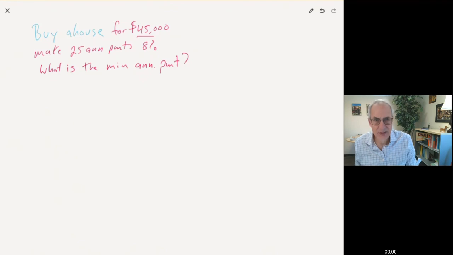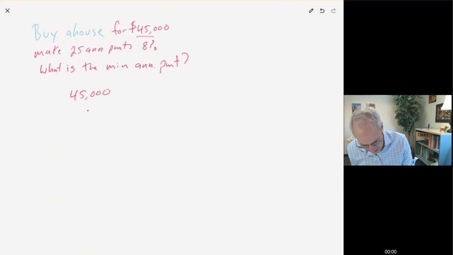All right, and the answer is, well, before I give it to you, let me ask you another way. What is the interest cost on the house? So if you just paid the interest, because remember, there's two parts whenever you do a loan. There's the principal and the interest. Principal is what you borrowed. Interest is what the bank is charging you in addition. So if we borrow $45,000 at an interest rate of 8%, the annual interest would be $3,600.